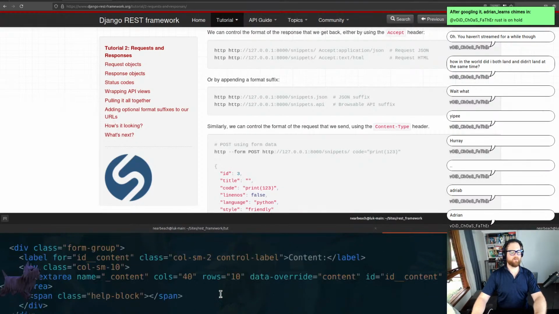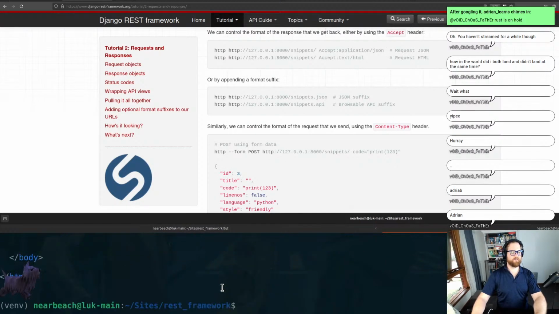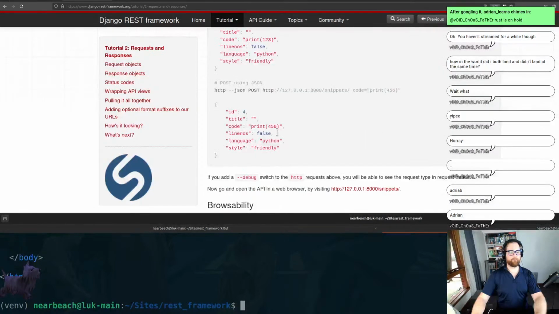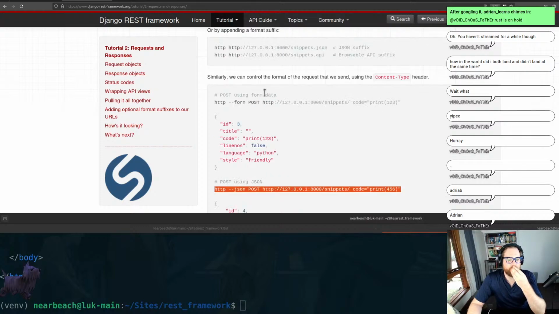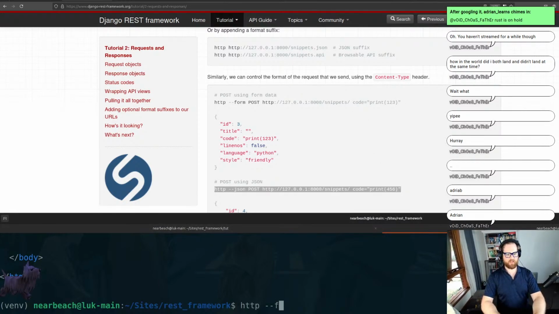All right, cool. All right. And they post in, all right, code equals, let's try that. So HTTP form post HTTP